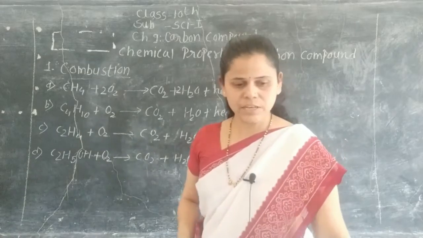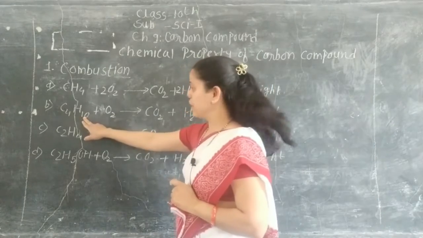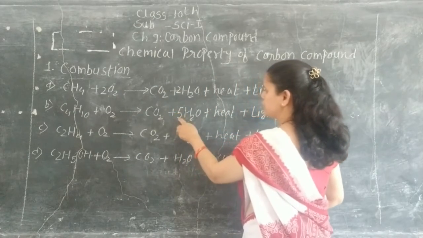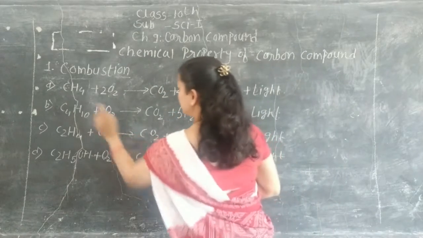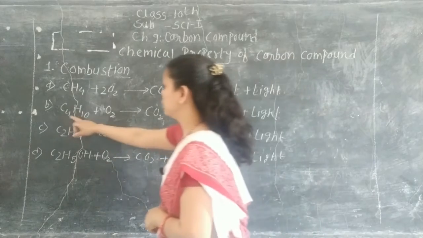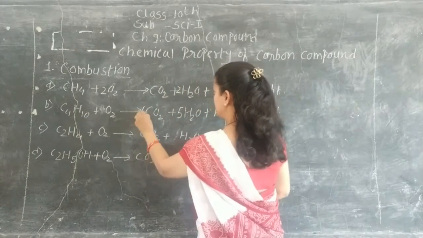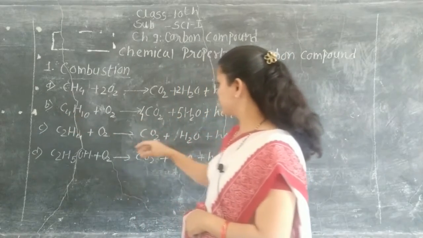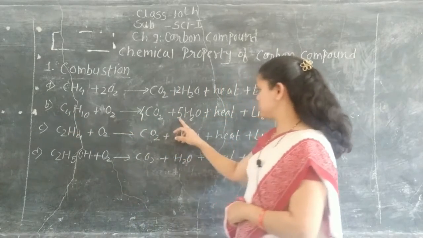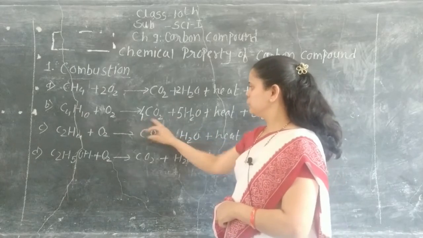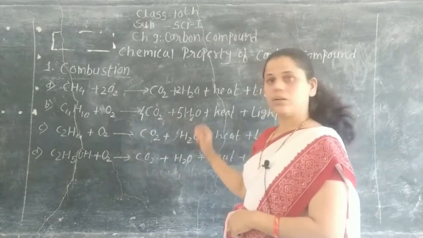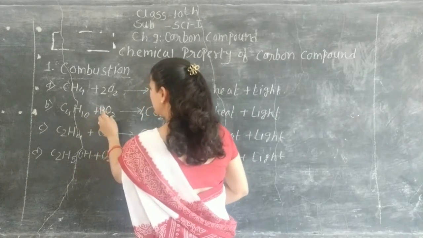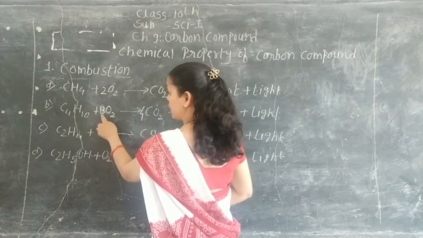Clear? The next equation, atoms of hydrogen first. Here 10 hydrogen, so write down here 5. 5 2s are 10. Here 10. Then carbon, 4 carbon here, so write down here 4. So 4 carbon and 4 carbon. Then oxygen, number of oxygen 5 and 4 2s are 8, then total 13 oxygen here. Then if you write 13 here, then the number of carbon will increase.